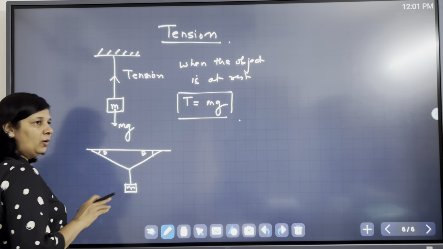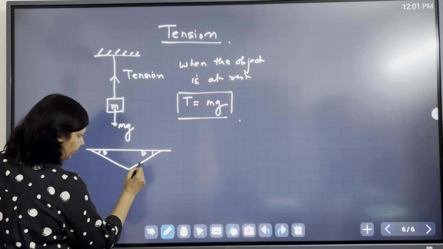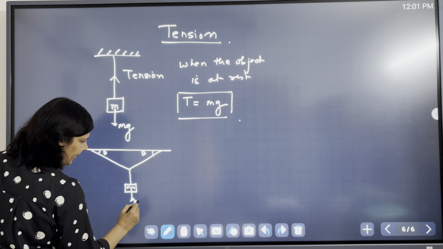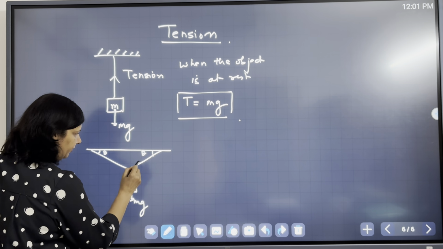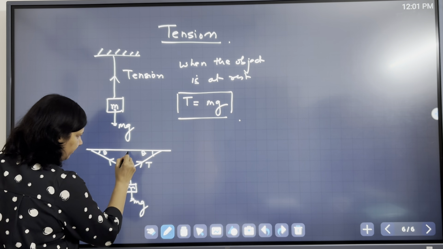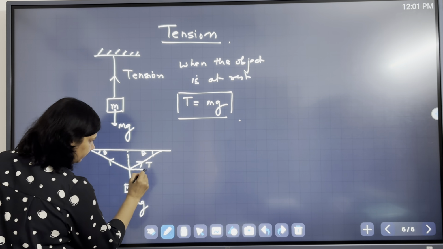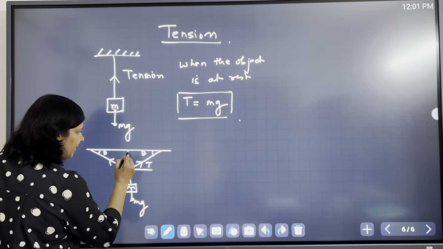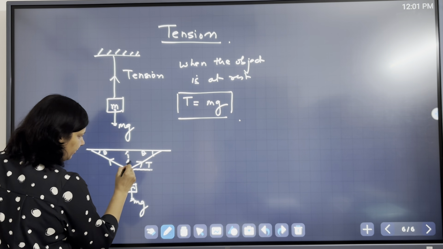The tension will always be along the thread. So, mg will act downward, this is a knot, this is tension T. Whenever it makes an angle, then